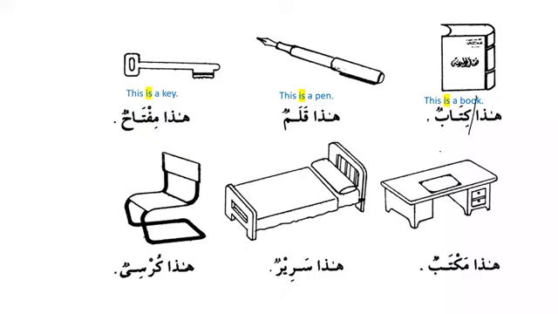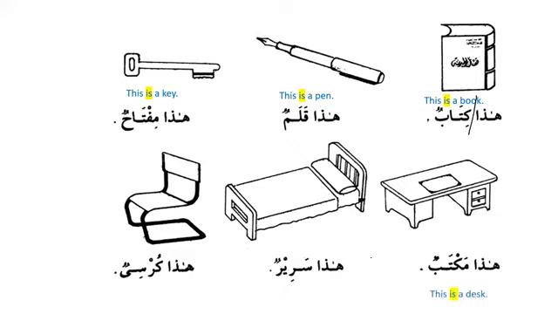This is a key. And again, I'm emphasizing that in order to get a complete sentence, we should have a definite noun and an indefinite noun, ma'rifa and nakira. And when we have the combination of definite and indefinite noun, then it becomes a complete sentence. So we have book here, we have qalam here, and we have miftah over here. Then we have